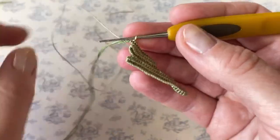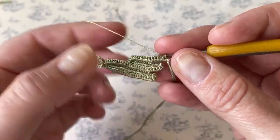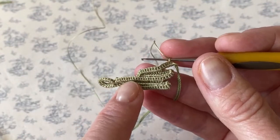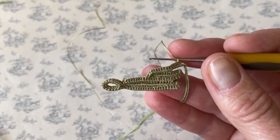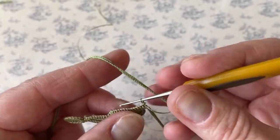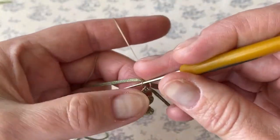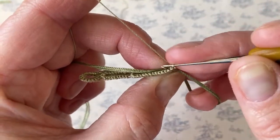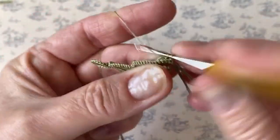So now we will turn our work again, and this time we will crochet 13 stitches to fit here and 9 stitches on that second section, first row of second section. So again we crochet over the padding cord, so first we make 13 stitches. 1,